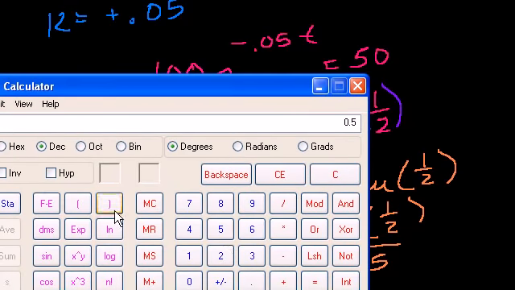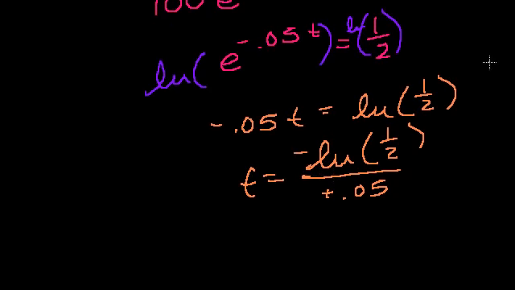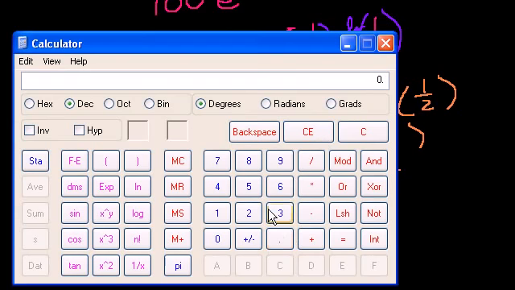So if we have 0.5, the natural log, and actually someone just made a comment, and I might as well do that. I could just put this minus up here. I could make this a plus and this a minus if I just multiply the numerator and the denominator by -1. And just to make the calculator math a little easier, if you put a minus in front of a natural log or any logarithm, that's the same thing as the log of the inverse of 2 over 0.05. Makes the calculator math a little bit easier. Same thing. So if I do 2 natural log divided by 0.05, it is equal to